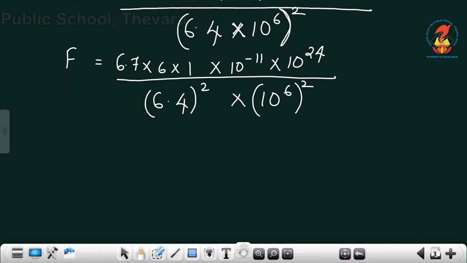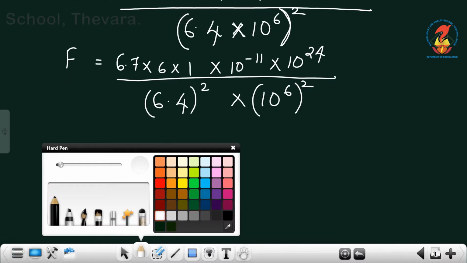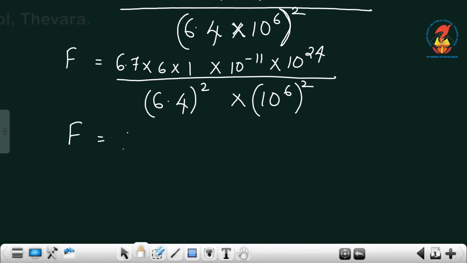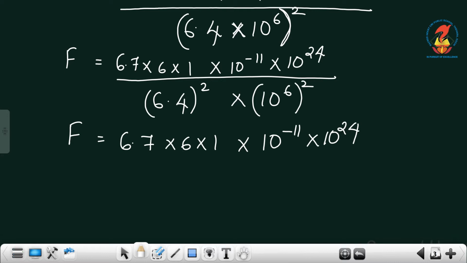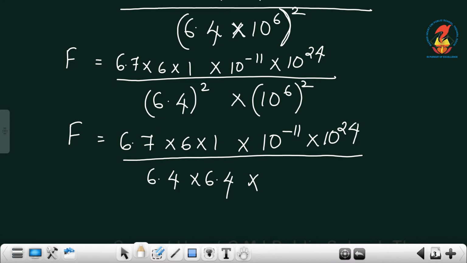Okay. Now, F is equal to 6.7 into 6 into 1 into 10 raised to minus 11 into 10 raised to 24 divided by 6.4 the whole square, means 6.4 into 6.4 into 10 raised to 6 the whole square, that